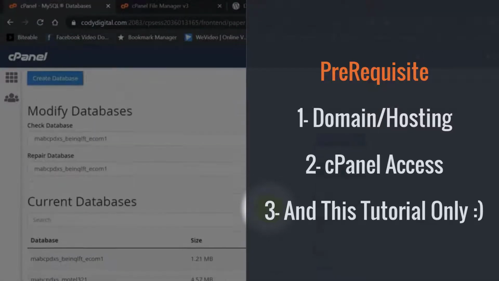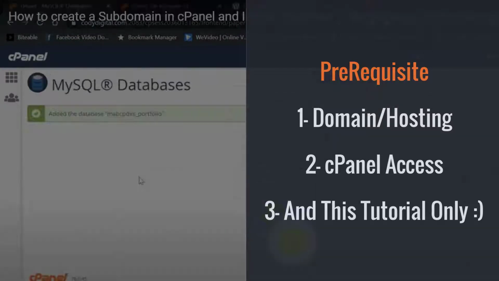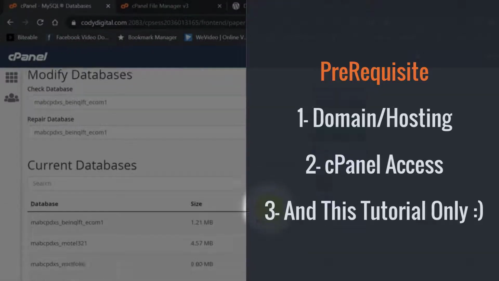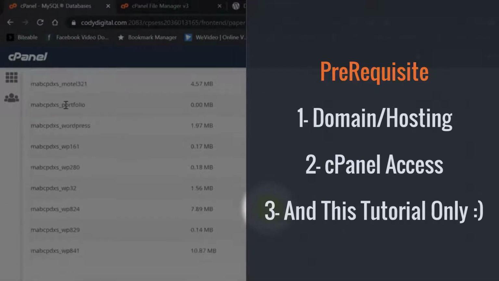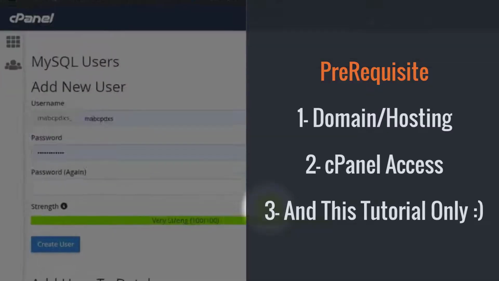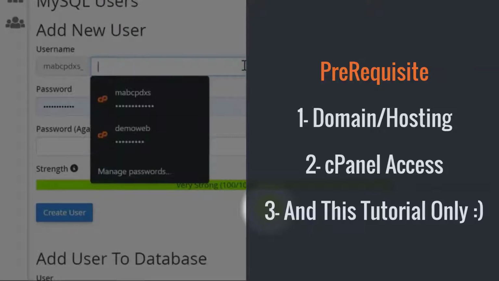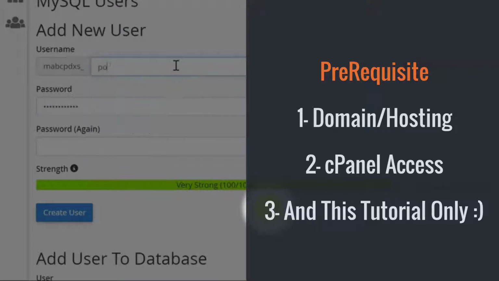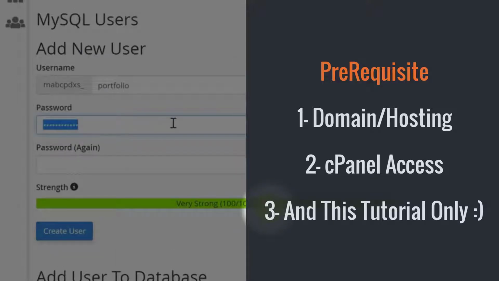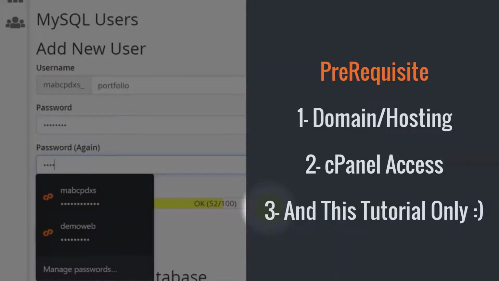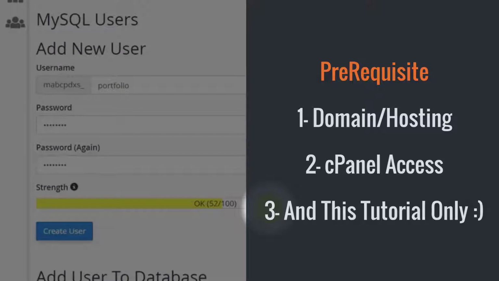So just a quick information on why we need subdomain. We usually use it to send traffic from the subdomains to our main domain. And if you are a freelancer, you can create multiple projects on the subdomains and create a portfolio to show it to your clients or possible projects.